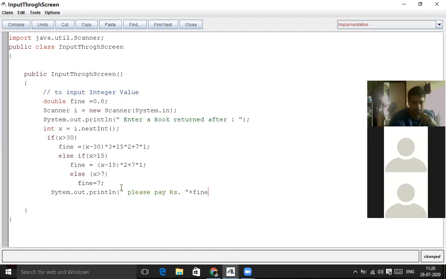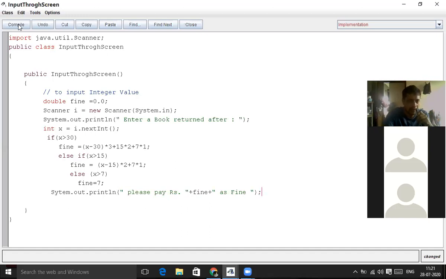You will just write fine over here. Then we can give a plus symbol over here and then give a little gap as fine. Okay, so this is what is going to be printed after compilation.